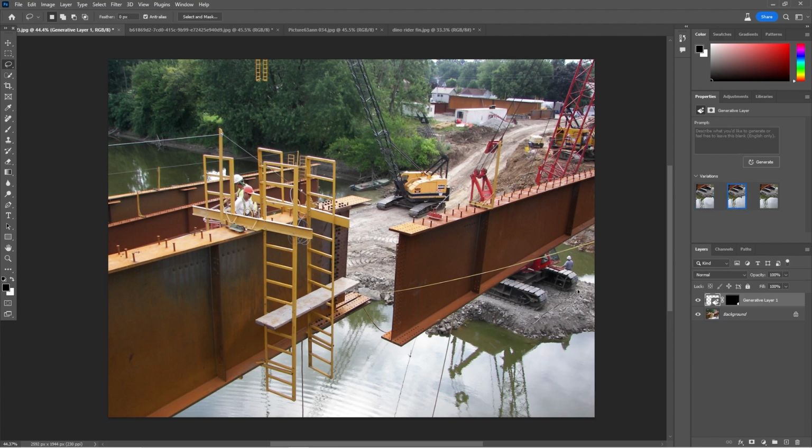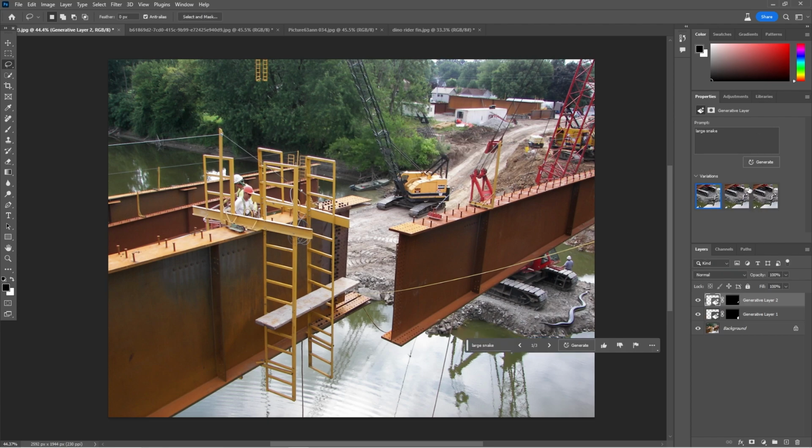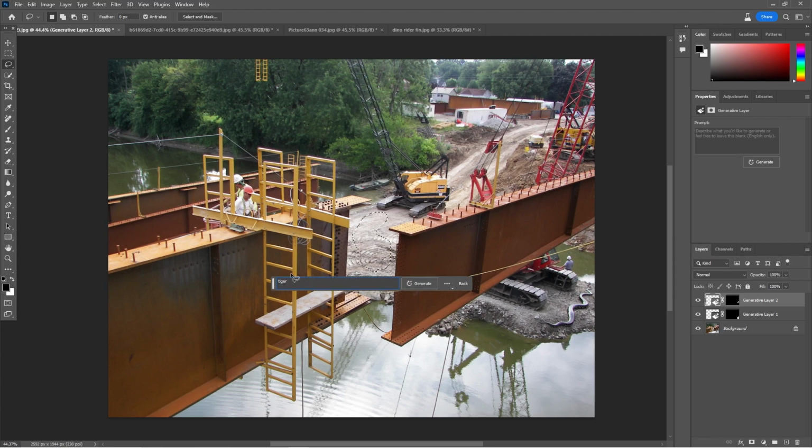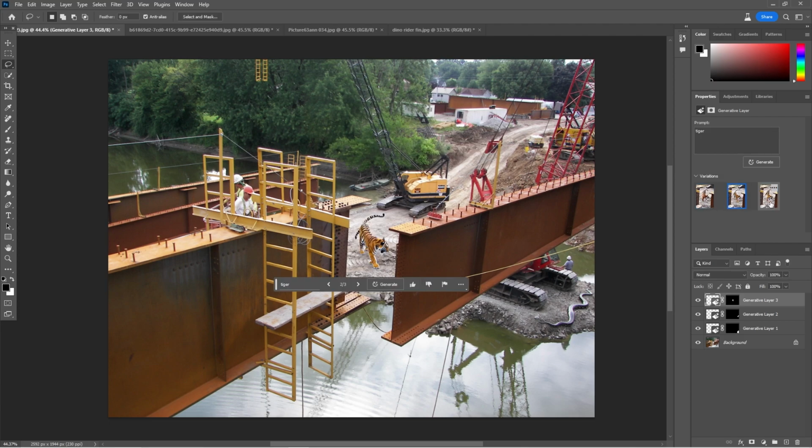Now I can select again, let's say I select this little edge right here and I want to add something. I can type in large snake. You can hit this generate button over and over and get more. So there's a snake. I'm not sure which one I like. Maybe that one. It's kind of fun. You can put almost anything in. Maybe a tiger, but it works pretty fast. It gives you a composite that you can start doing things with, and you get 3 choices. I can generate again.